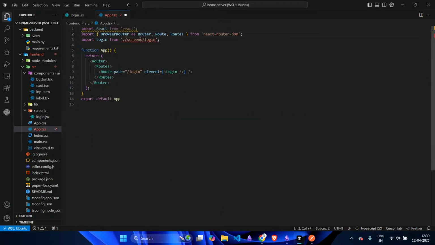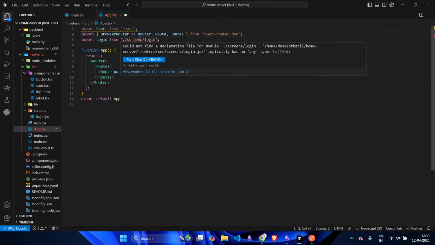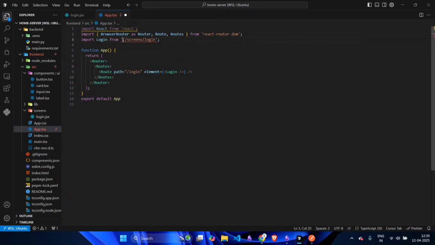Could not find the declaration. Let's see. Alias, we set up an alias, right? So source it. No. Dot slash. Yep, this should have just worked. But screens is, oh,